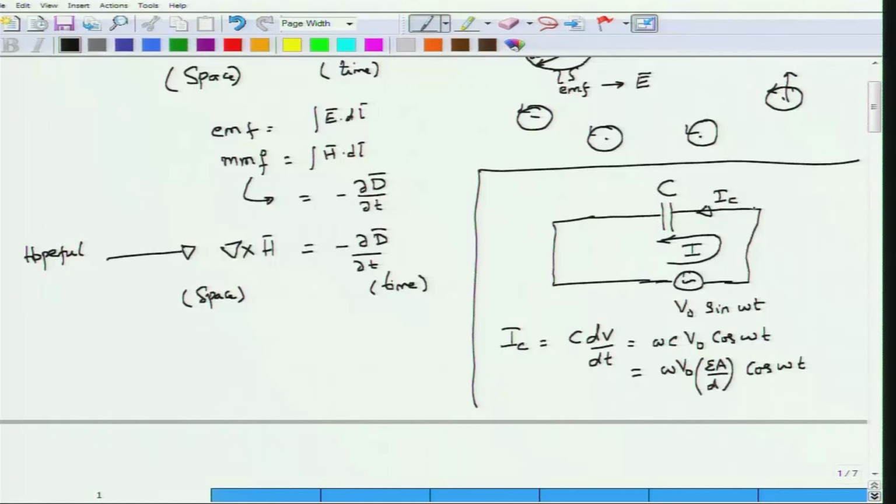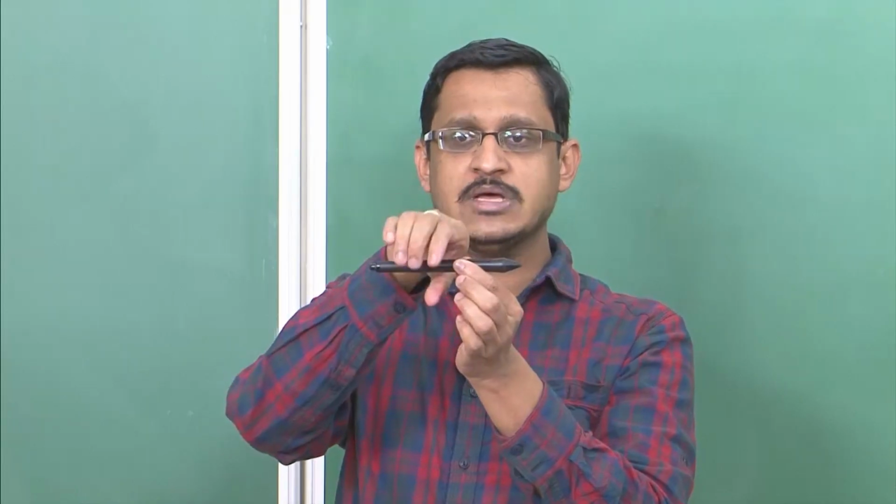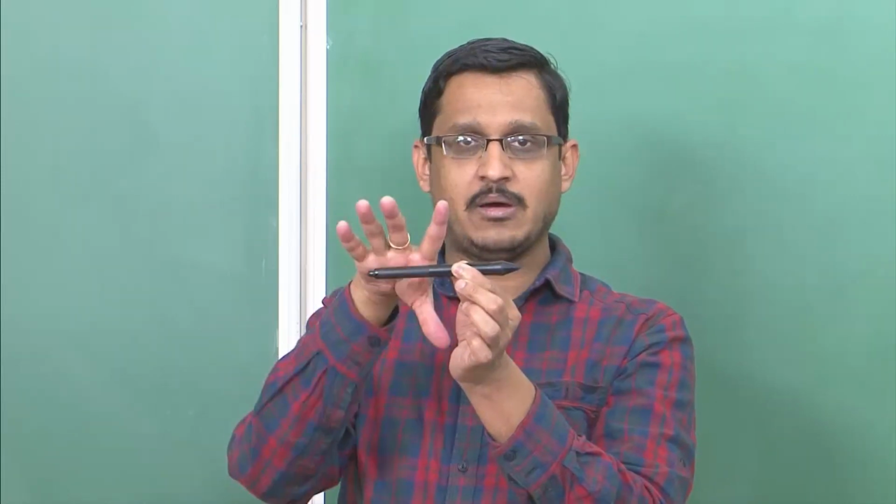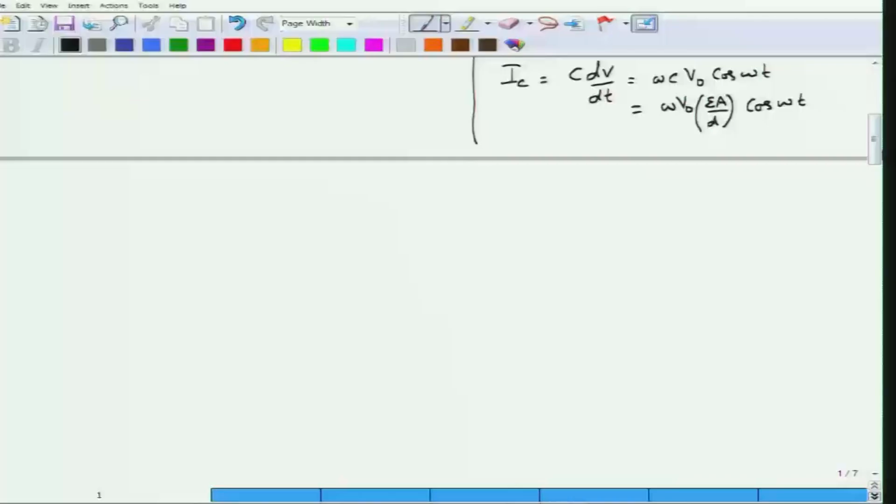Now if there is a current inside here, will there be a magnetic field associated, and will that magnetic field be changing with respect to time? To answer that, we need to see what happens when there is a current carrying conductor. What does Ampere's law tell us? Ampere's law tells us that whenever there is a current carrying filament, for example if this is my filament and this current is passing through it, there will be a magnetic field surrounding it. The magnetic field lines would be surrounding it like this, correct. We have calculated the magnetic field around this current carrying wire, and if there is a current I, the magnetic field will be